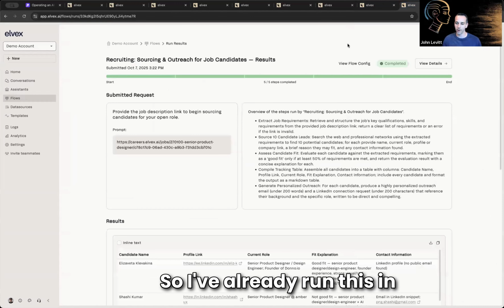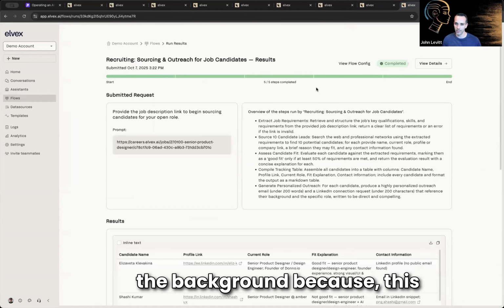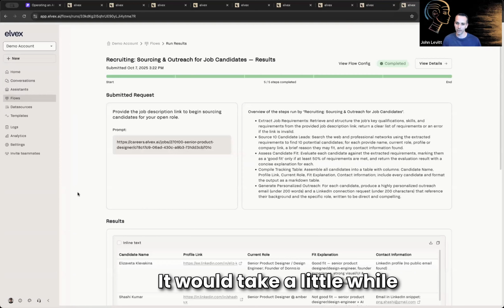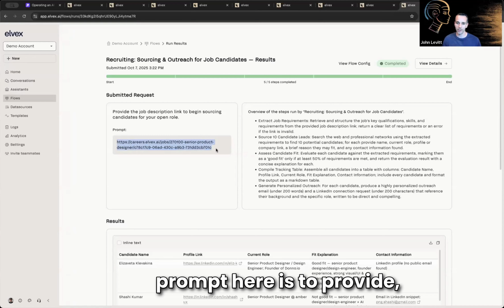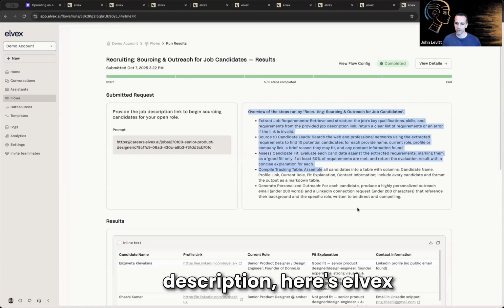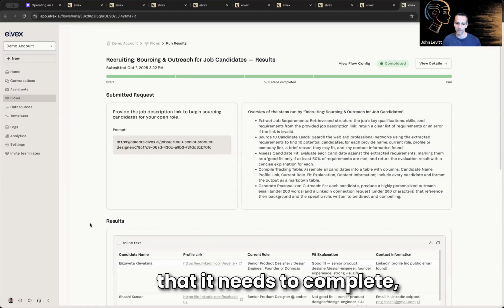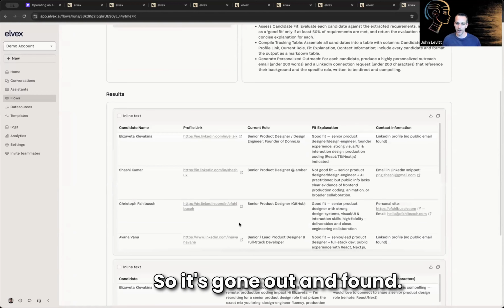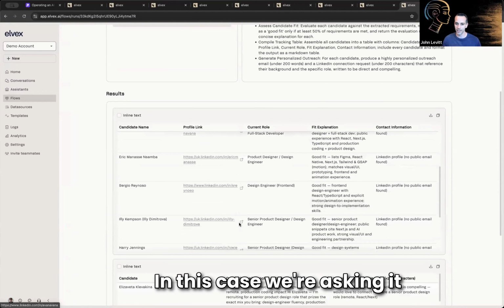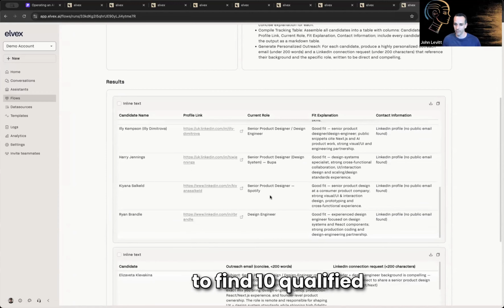So I've already run this in the background because this is a more involved thing. It would take a little while to go through, but you can see my entire prompt here is to provide the link to the job description. Here's Elvex's understanding of the task that it needs to complete. And here's the results. So it's gone out and found, in this case, we're asking it to find 10 qualified